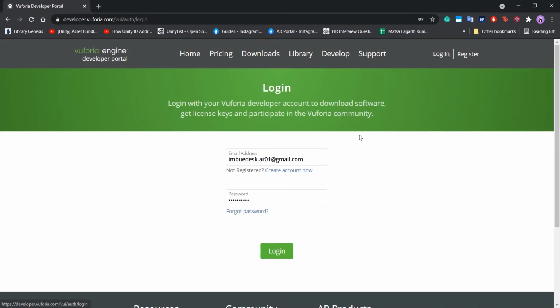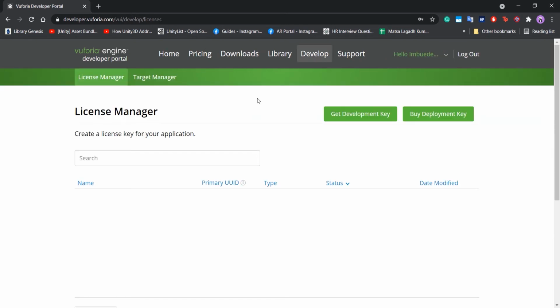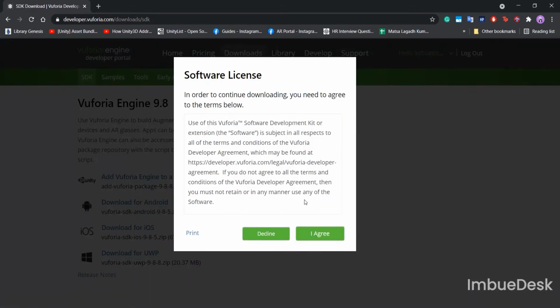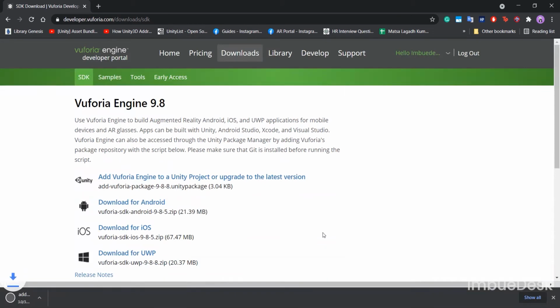click on login. Now, go to the download section and add Vuforia Engine to the Unity. Click on agree and it will be downloaded. So, after this, go to Unity,